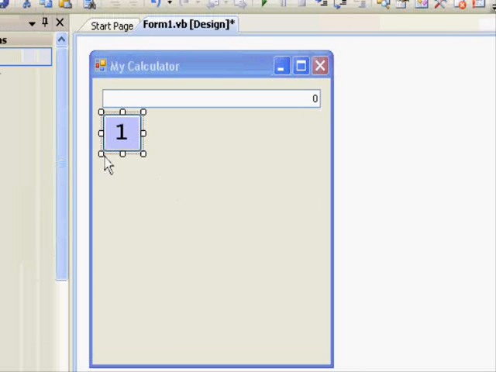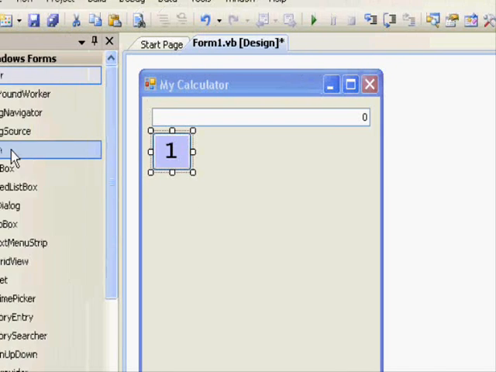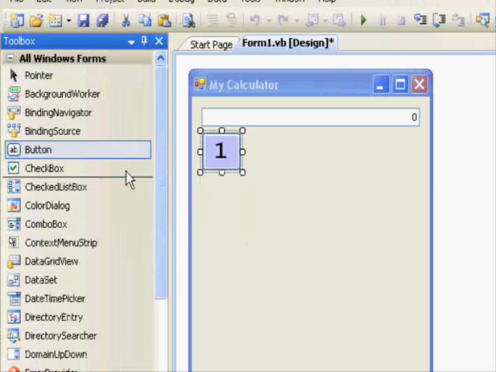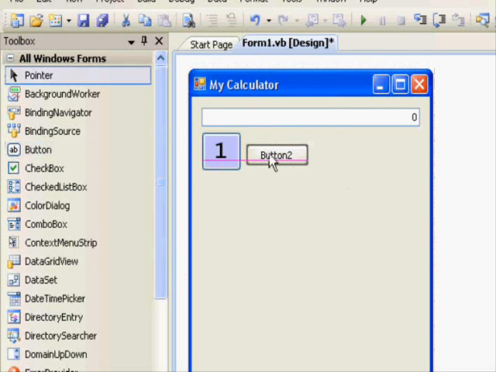Anyway, this is the first number. If you want to do the same thing again and set the same sizes and things like that, it will take a while. So instead of doing so, we can do things faster. To remove this one, just click it once and press delete. Make sure you select it before pressing delete. And now